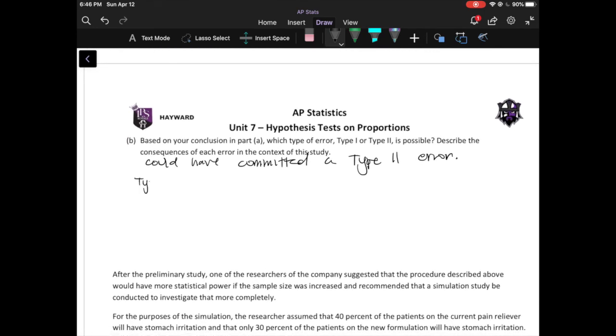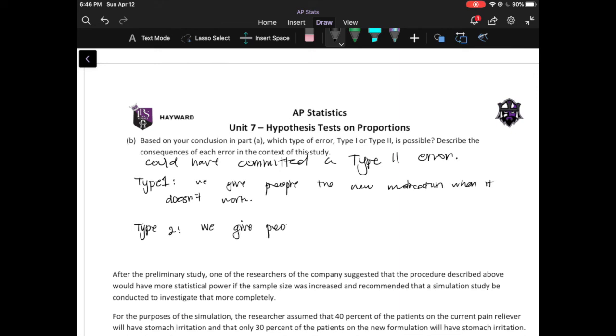So type 1 would be, we give people the new medication when it doesn't work. And type 2, we give people old medicine and don't make the new one even though